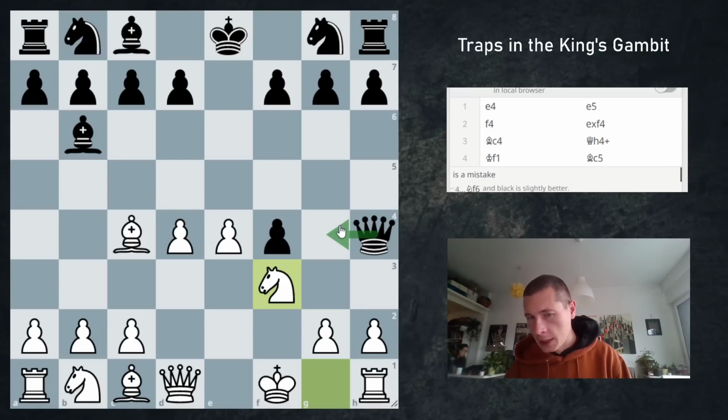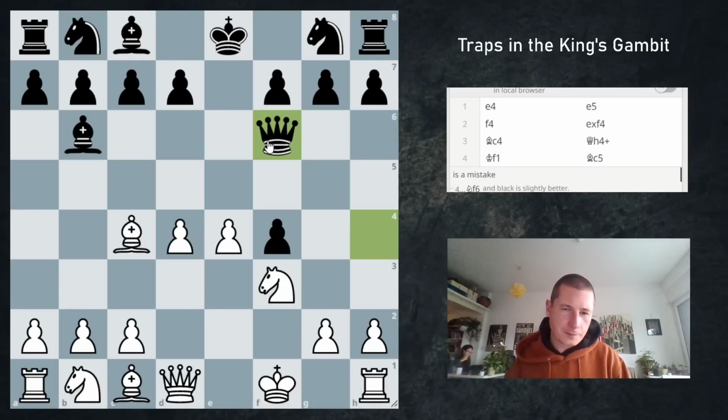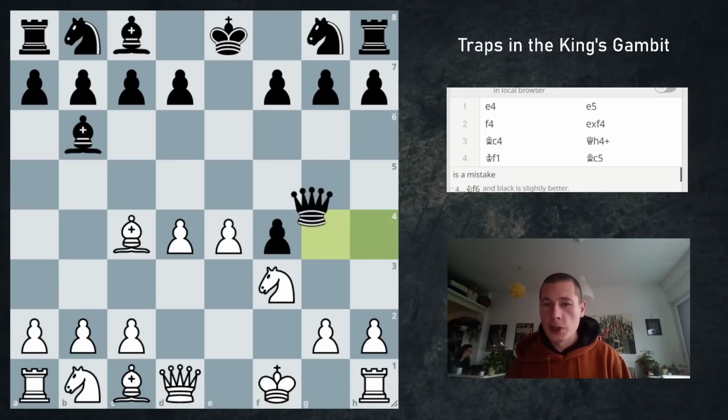In the game I was looking at knight f3. Well, knight f3 sets up a trap because it threatens to trap the queen, sort of. So black should play a very unintuitive queen f6, and I think this is a very hard move to play because you're running into e5. Still, this is the only move to stay in the game, and this is the only move to keep something close to equality. If you go queen g4,